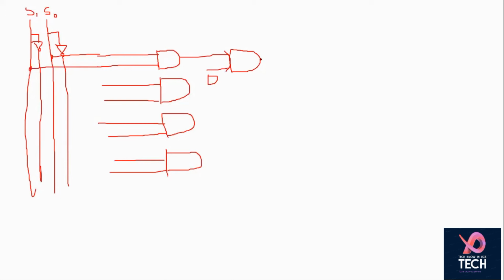Whatever may be the data will be reflected to this, because this is your NAND gate. If both of them are low, then this is giving you a high output, so your data will be at the output. Whatever may be the data will be the output.